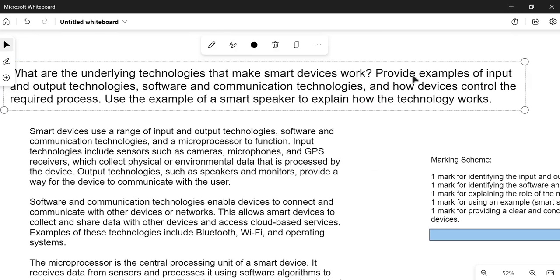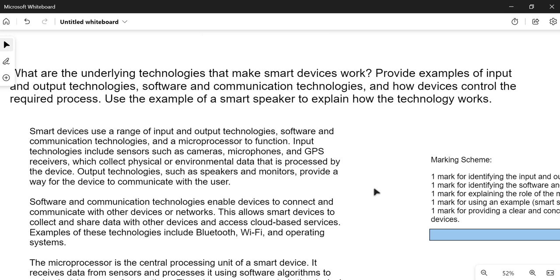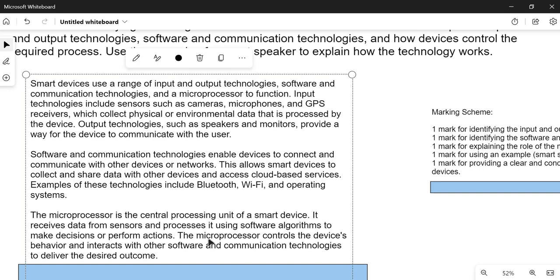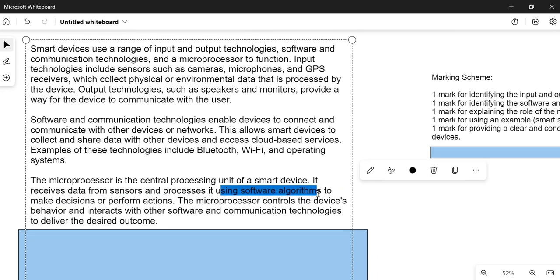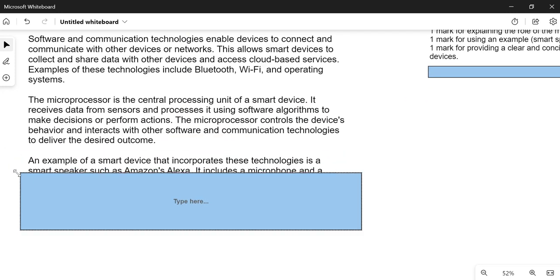So we've now looked at the input, the output, the software, as in the OS, the communication technologies like Bluetooth and Wi-Fi, and how devices control the required process through the microprocessor. Sprinkler systems outside: when it gets too dry, sensors will detect this. They'll tell the CPU it's too dry. The CPU, the microprocessor, will run code, which will then tell the sprinklers to turn on. We then talk about